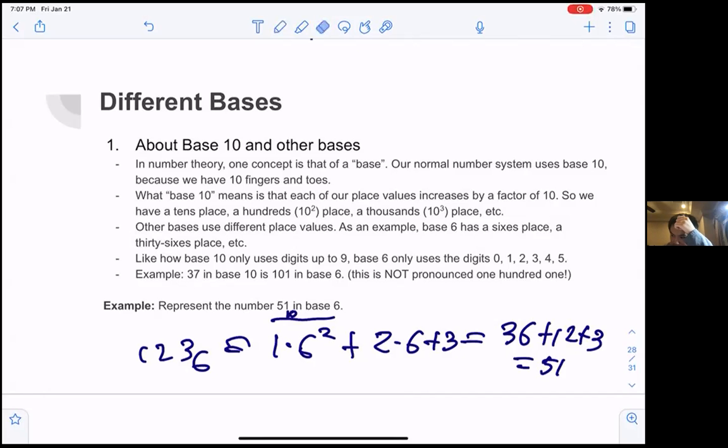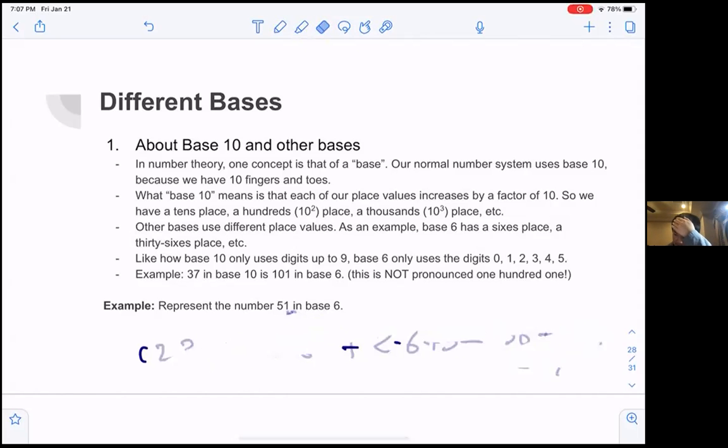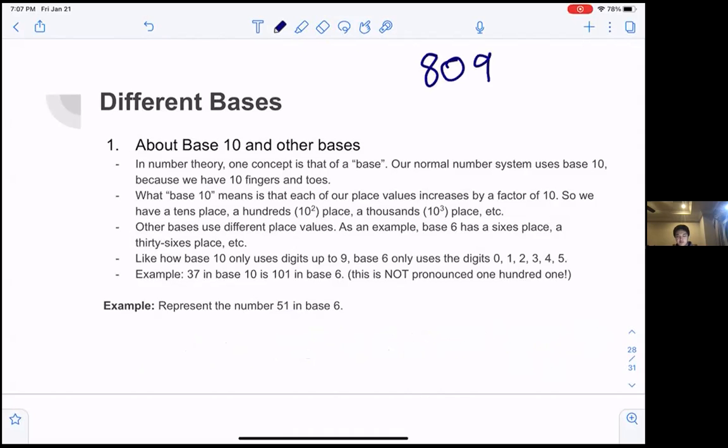And okay, since we didn't get it on the recording earlier, which is the main subject, which at the AMC level you might not have heard before, I'll just go over and reiterate what bases are and how they work. So we count in base 10, where the place values represent powers of 10. Then the digits represent what multiple of that power of 10. For example, a number like 809 would represent 8 times 10 squared plus 0 times 10 to the 1 plus 9 times 10 to the 0,